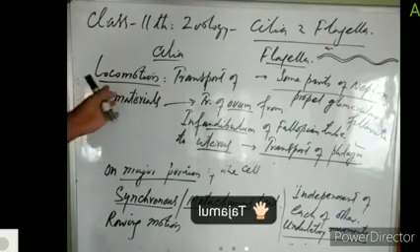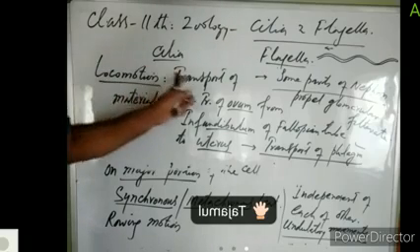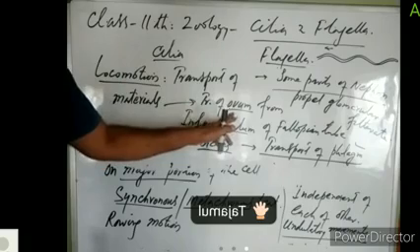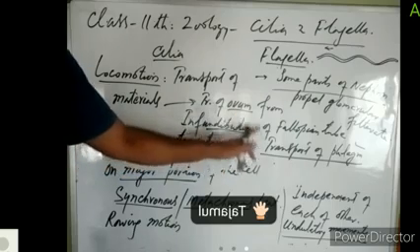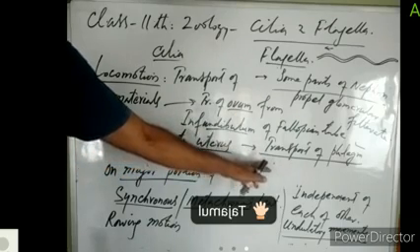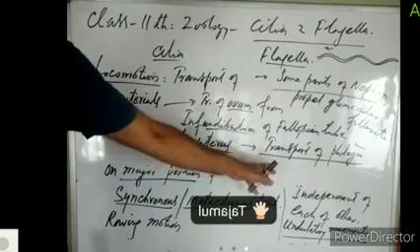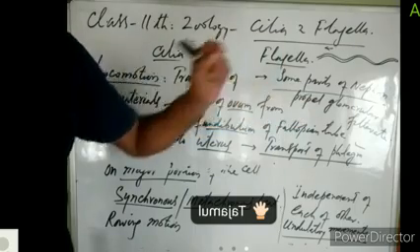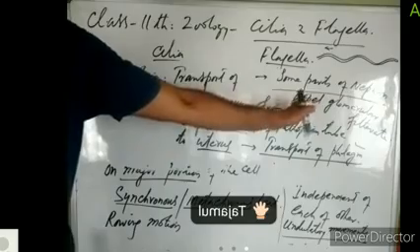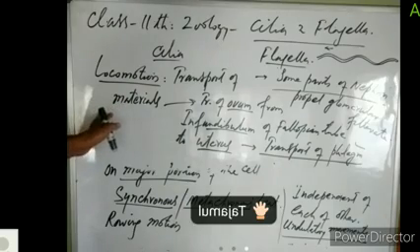So these are some functions of cilia. Cilia are involved in locomotion. Cilia are involved in transport of materials, like transport of ovum from ovary to uterus. They are also involved in transport of phlegm, this dust-laden mucus which is taken out from our respiratory system with the help of cilia. And they are also present in some parts of the nephron, where they are involved in propelling, in movement of glomerular filtrate. So this is the function of cilia.